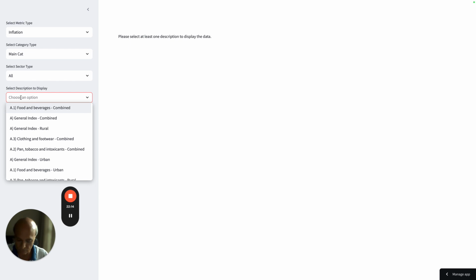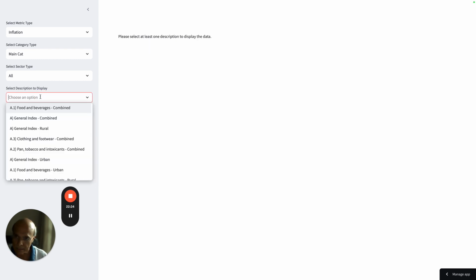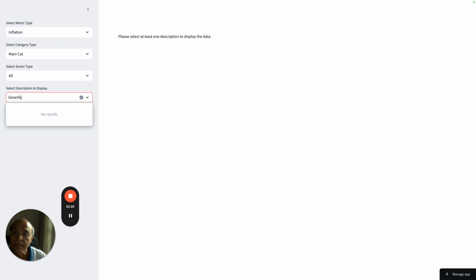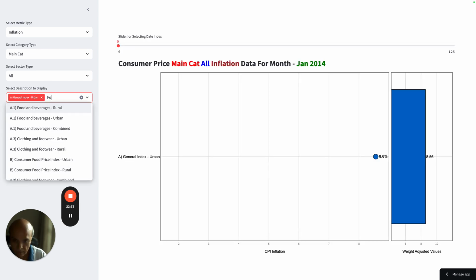Before I choose food inflation, let me choose general index, because I need to compare general index with general index. Let me choose general index urban, and then I choose food for urban, the consumer food price index urban.